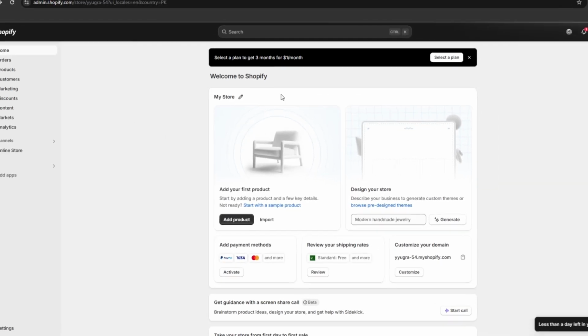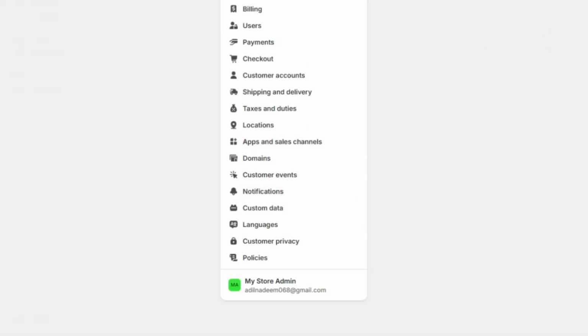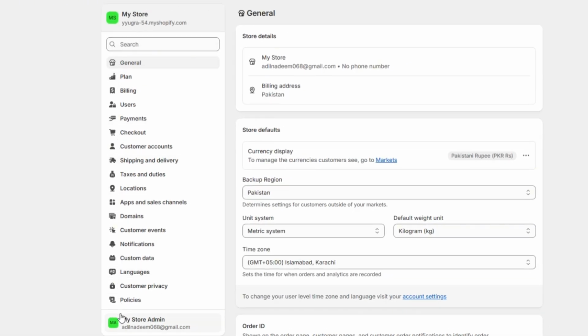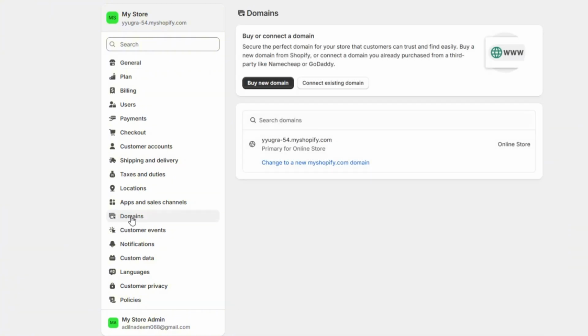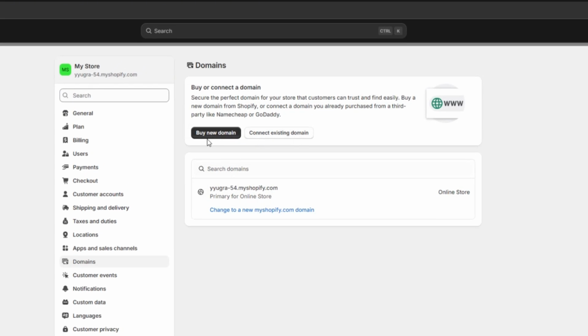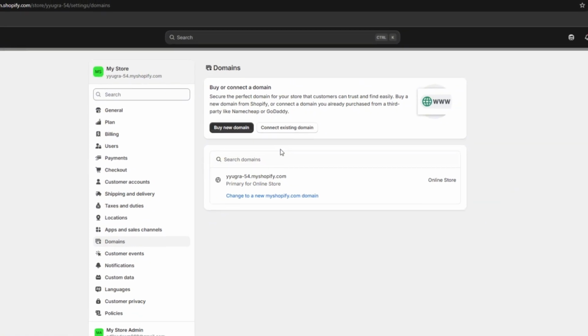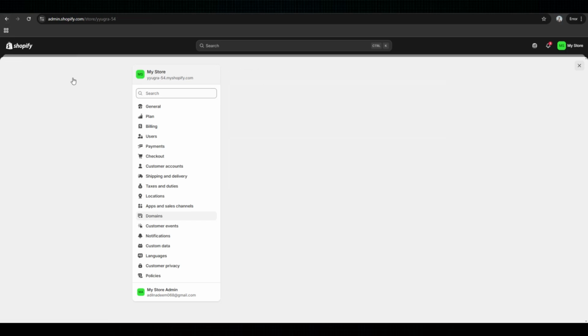The next step is going to the settings, which is on the bottom left corner. And now here you will see all these different options that you're gonna use to set up your store. So the first thing we're gonna do, which is necessary for our store, is going to domains. You can access it by simply clicking on domains. And now here you can buy an existing domain, or you can buy a new one. Now, I don't personally prefer you to buy domains from Shopify. You can go to platforms like Hostinger or GoDaddy to buy domains. And once we are done with adding up the domain, we will head back to the main page of our Shopify